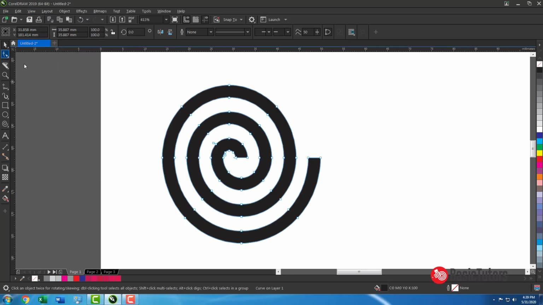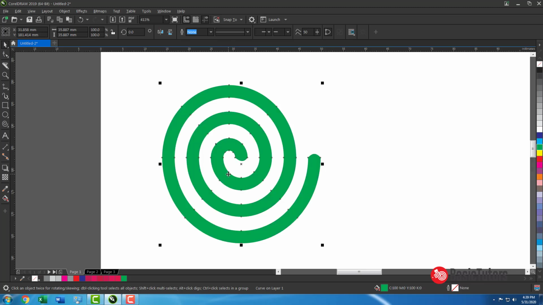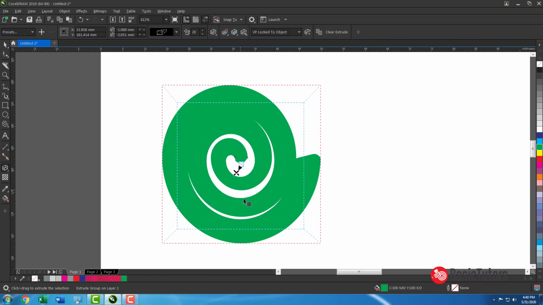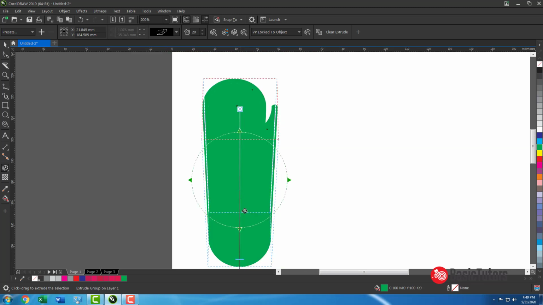Okay, now you can change the shape of the edges and fill it with any color. If you use the extrude tool, what will happen? You can see extrusion will be higher.